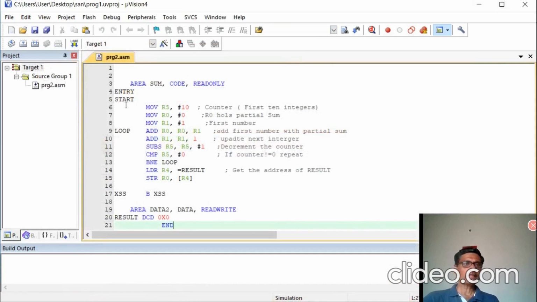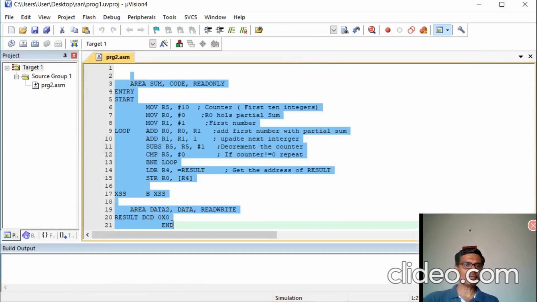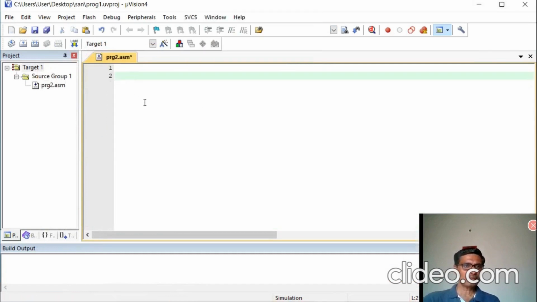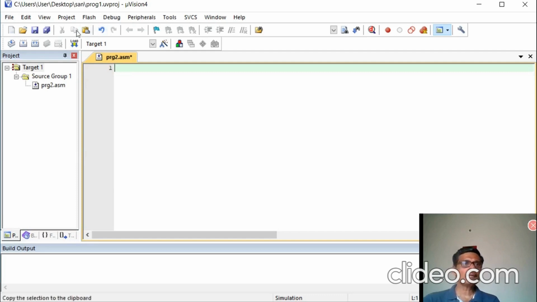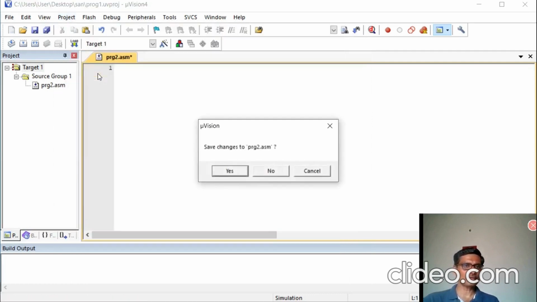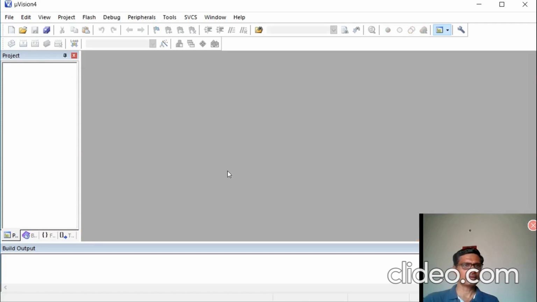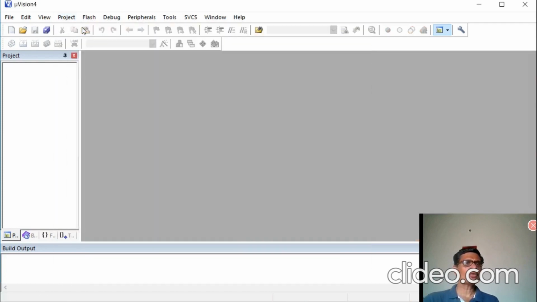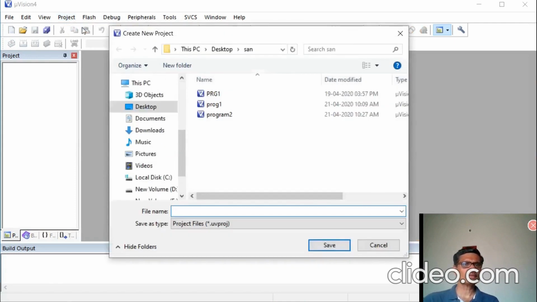The Keil MicroVision application is already open here. You have to type the program here. If a project is already open, then you have to close the project. Okay, close it. Then open a new MicroVision project.